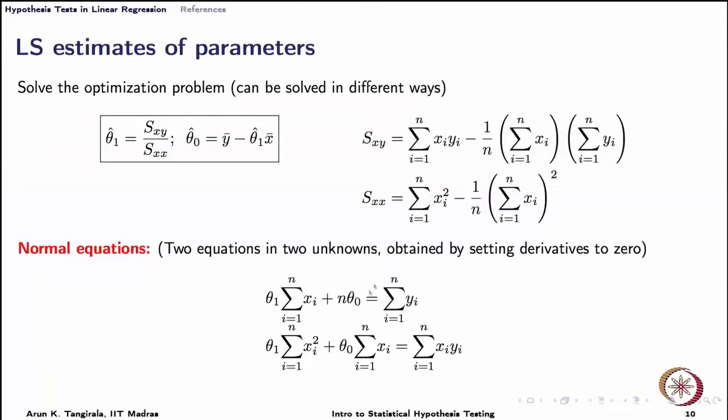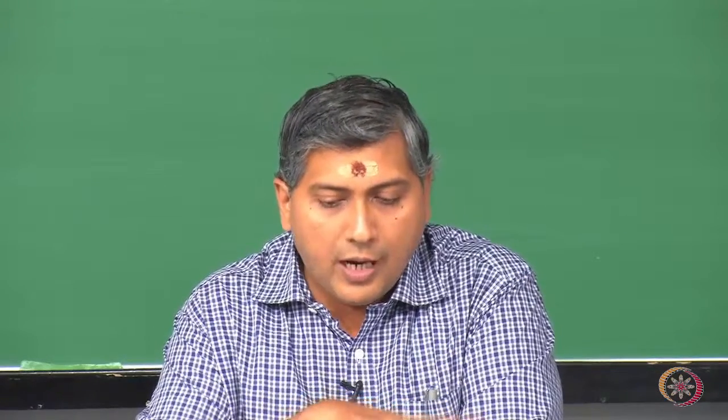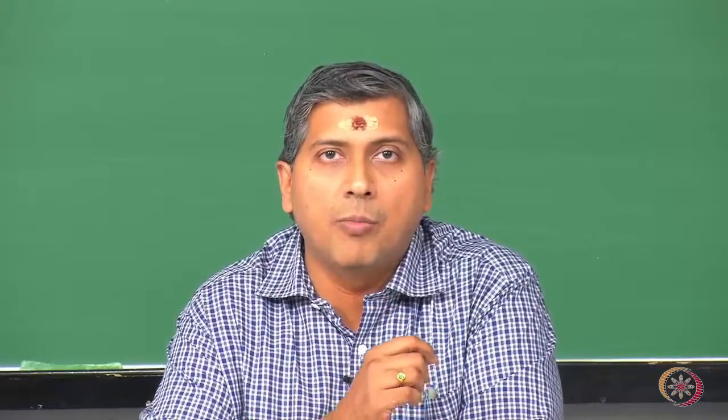So, let me draw your attention to the equations at the bottom and then we will go to the solution at the top. These are the two equations that one encounters when we set the partial derivatives of J with respect to theta 1 and theta naught respectively to 0. So, you will have two equations in two unknowns, and that will then get me unique estimates of theta 1 and theta naught. That is the beautiful thing about a linear regression problem with a least squares approach.